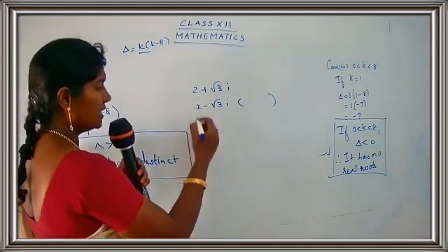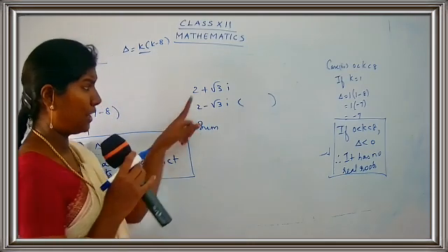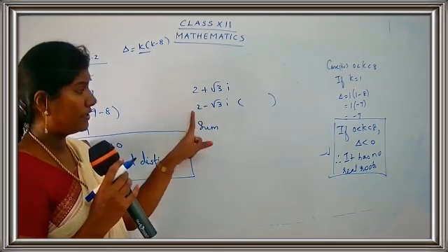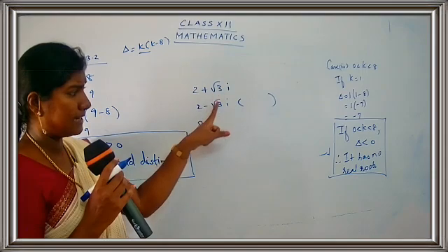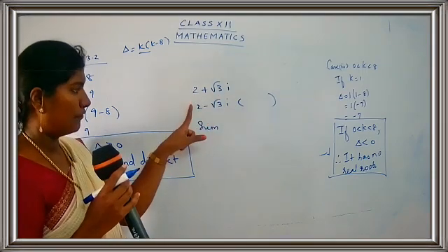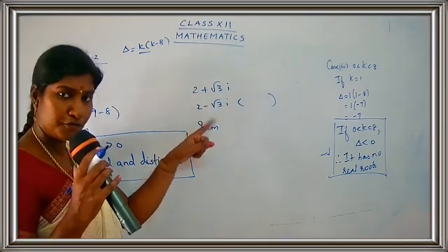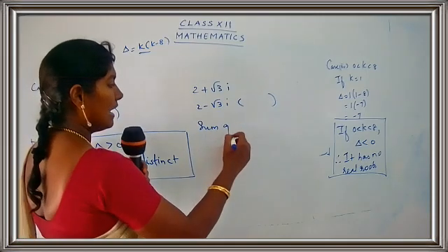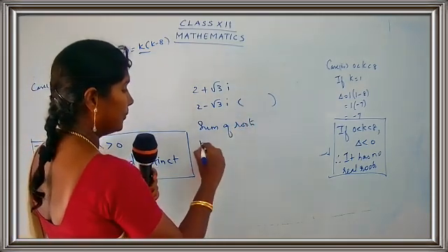So the first thing is you have to find the sum. You have to add these two. When you add these two, what happens? The plus and minus terms are the same, so they get cancelled. And you add this, you get the answer as 4. So first of all, you find the sum of roots. After finding the sum of roots, you have to find the product of roots.